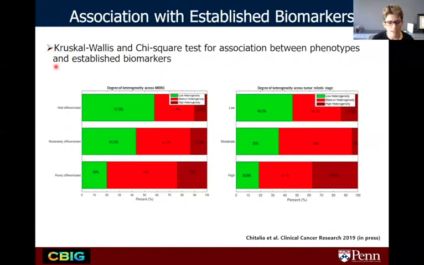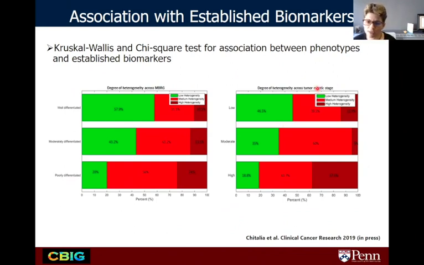And then when we looked at the degree of heterogeneity, we also tried to get a little bit of an insight with some of the biomarkers that we had: mitotic stage and grade for the tumors. We saw that for the well-differentiated tumors, those meant to be less heterogeneous, a higher majority of them were part of the lower heterogeneity phenotype. And then as we go into the more poorly differentiated tumors, we saw that the vast majority of them were either a medium or high heterogeneity from the imaging biomarker, which makes sense. If they're more poorly differentiated, we'd expect them to be more heterogeneous.